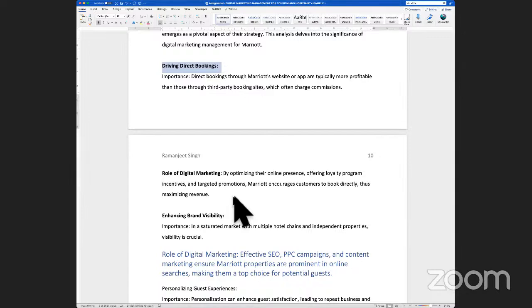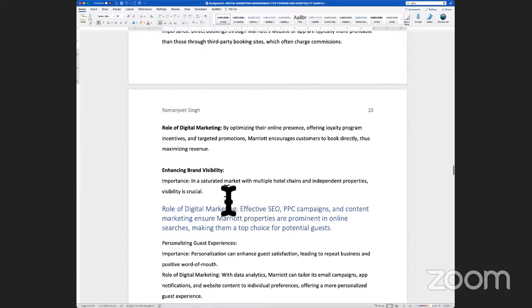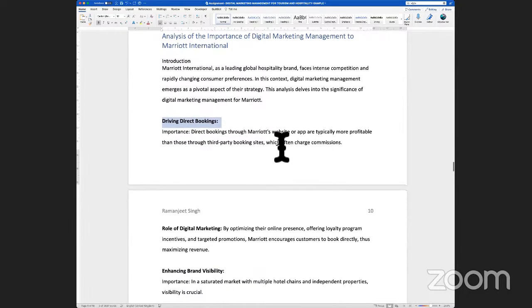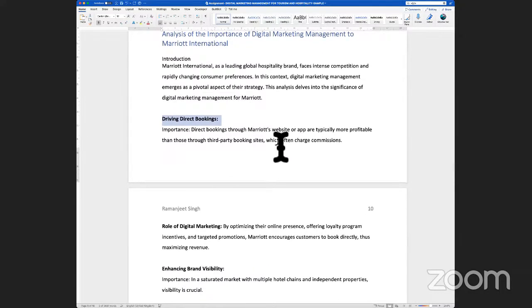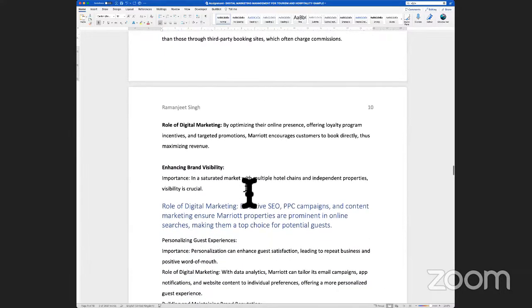And then last but not the least, they also use wide scale imagery to be able to highlight the advantages of some of their properties. Things like they are based in the city center, they are very close to the airport, the room sizes are very big, or the amenities in the rooms are very luxurious, and that is to persuade the customers to look at booking Marriott for a stay if they are choosing to go on vacation or for business or personal reasons. And that would cover this particular task.